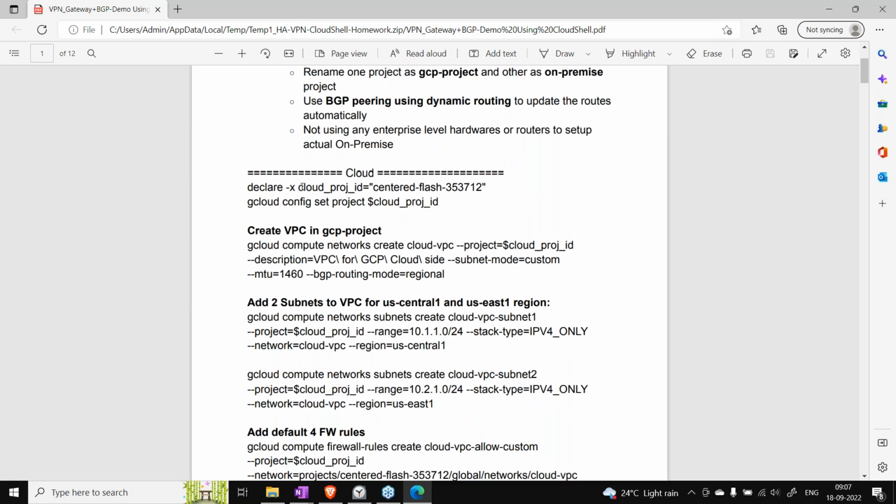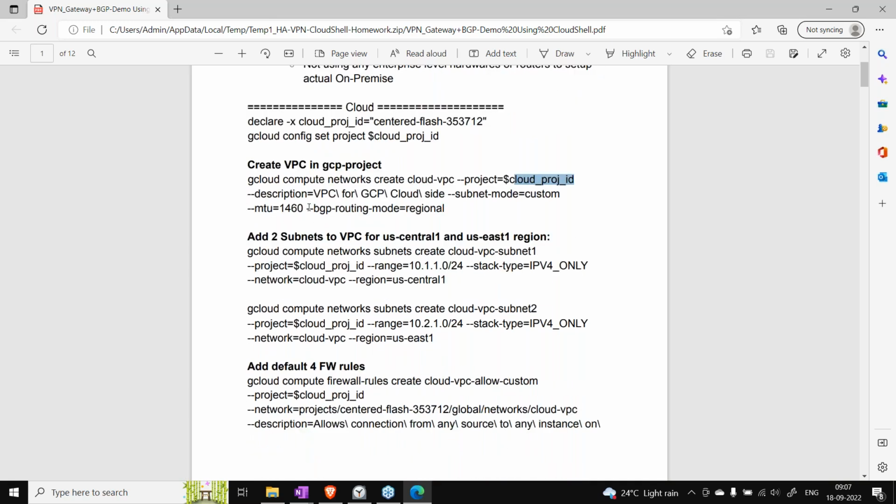Okay, so that also I have, I think, simplified. Yes, so what I have done is I have created a variable called cloud project ID. Just change it at this single place, because I have used the same variable everywhere. If you see here, $this and $this, you don't need to change every command. So the rest of the things are taken care of.